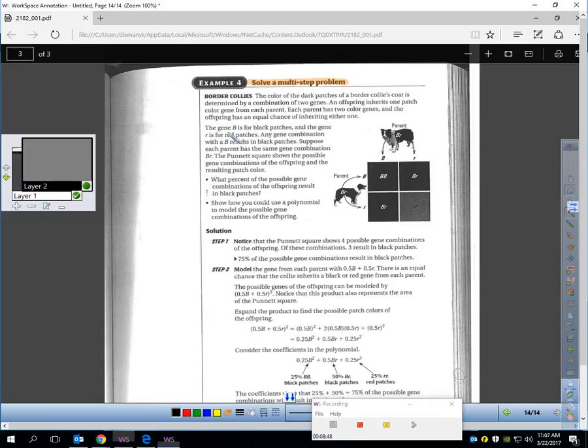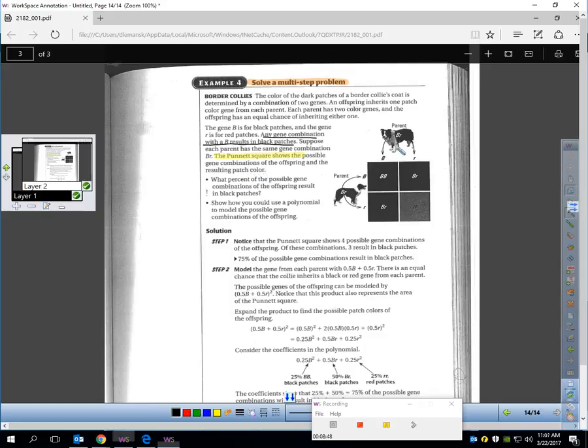The gene capital B is for black patches, and the gene small r is for red patches. Any gene combination with a capital B, which means black patches, results in black patches. So that means the black patches are the dominant gene. Suppose each parent has the same gene combination, capital B, small r. So they have the black patch gene and the red patch gene. The Punnett Square, which I know you use in biology, shows the possible gene combinations of the offspring and resulting